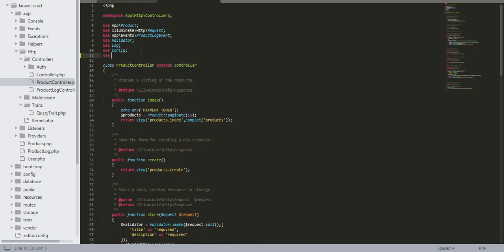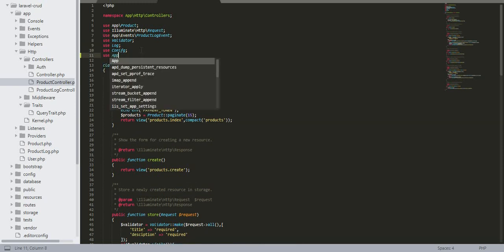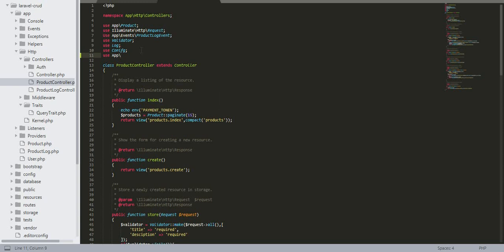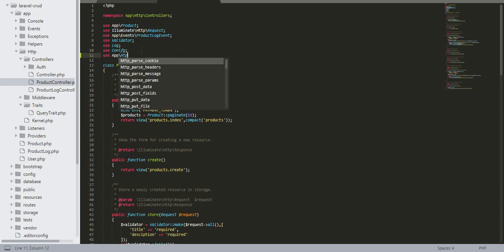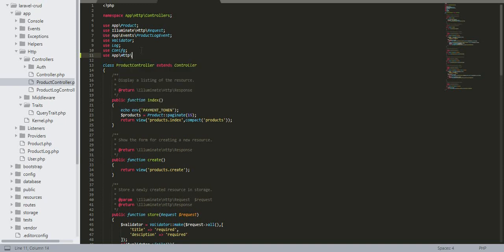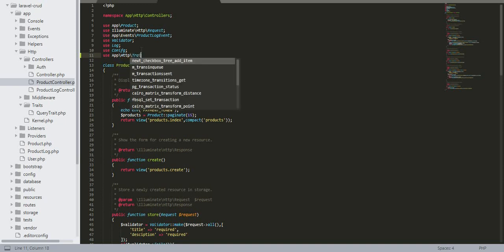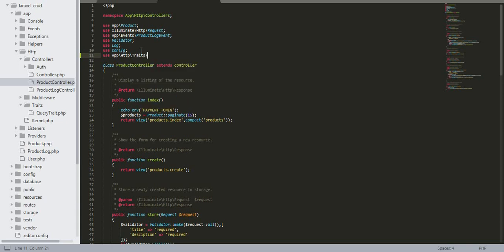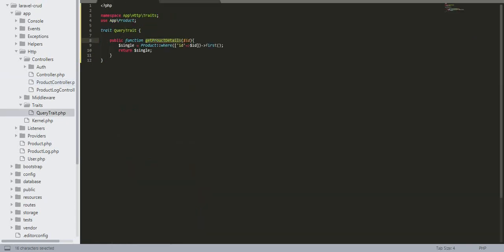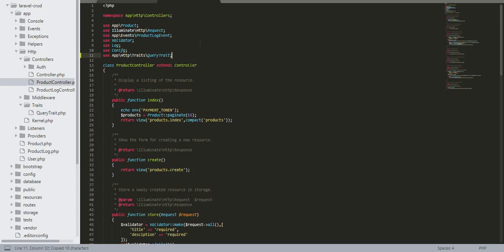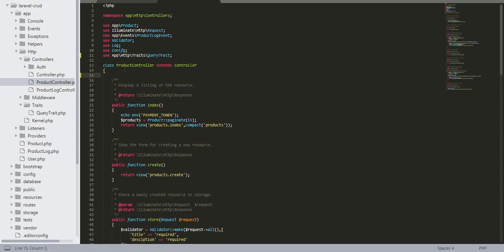So it will be use App\Http\Traits, and then our trait name is QueryTrait. You have to remember these steps. After that, inside the class, we write use QueryTrait. Once we define it, after that we are able to call that method.